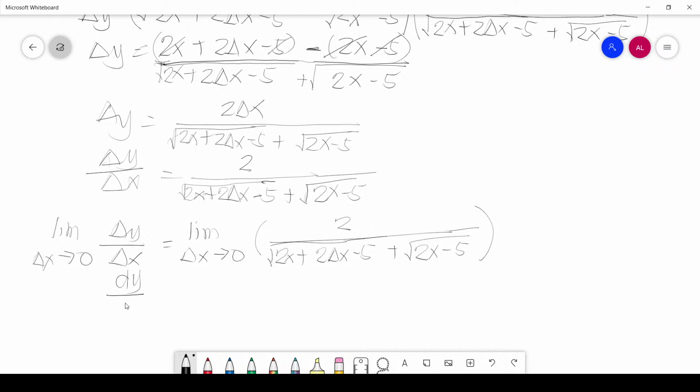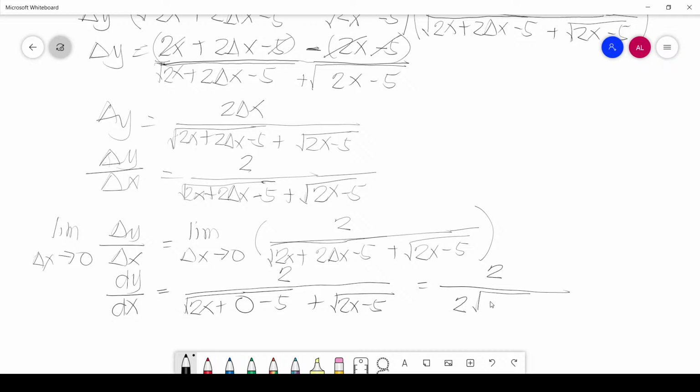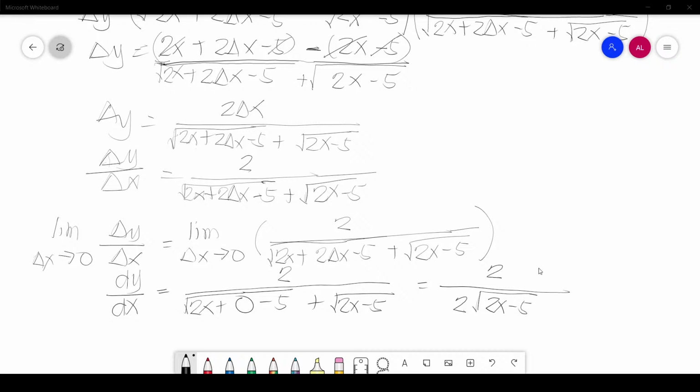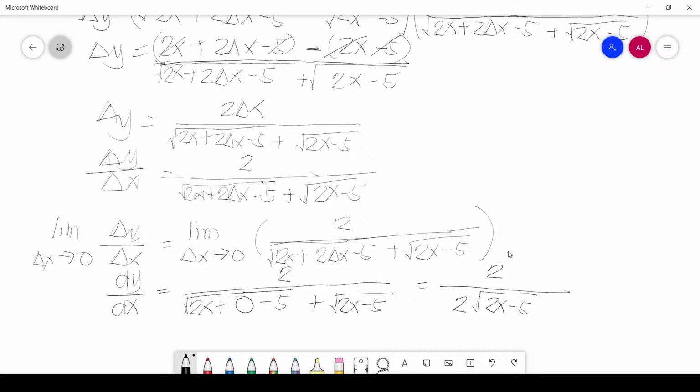Okay. So, dy over dx is equal to, then, evaluate natin na. So, tanan nga delta x, 0. So, 2x plus 2 times 0, minus 5 plus 2x minus 5. So, we have 2 over two times the square root of 2x minus 5, diba? Tama ba? Or could be simplified as